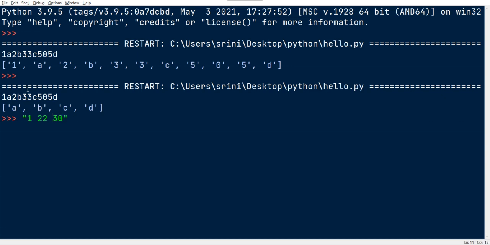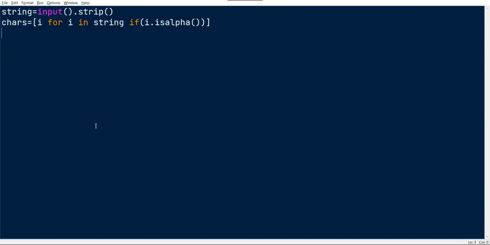If we replace all those characters, we will get the integer values in a clean way. If it is a 2-digit integer, we get the 2 digits as they are just by splitting it. So now we got 1, 22, 30 separately.